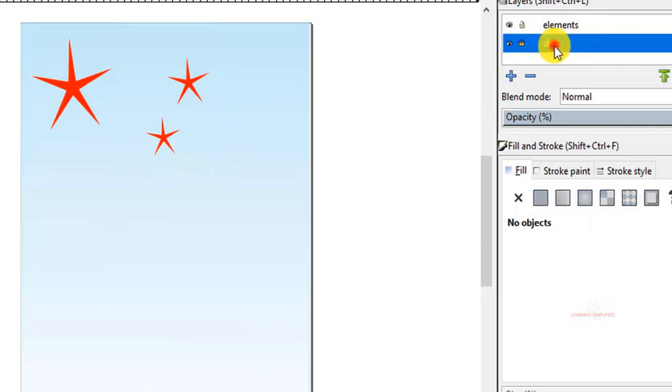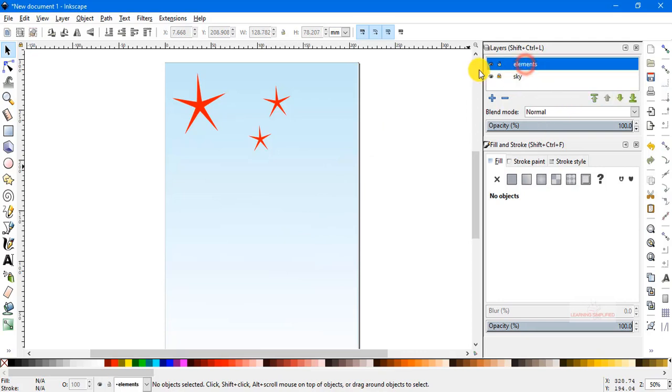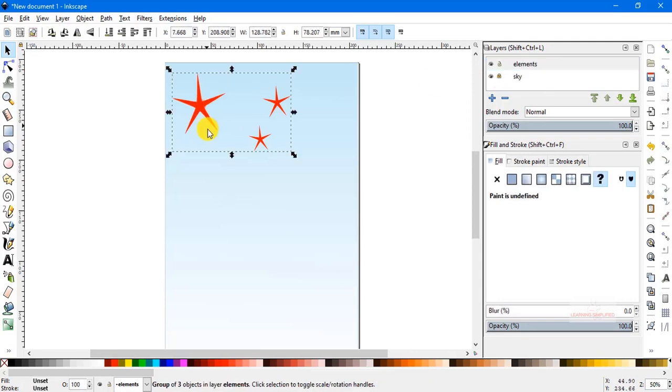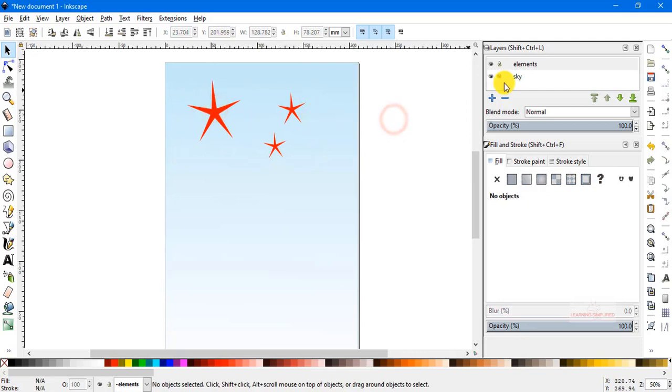The first layer is known as sky, and we have locked it such that no further modification is possible in this layer. In the second case, this is the elements layer that we have created, and we have created three stars right over here. So up to this far it is all right.